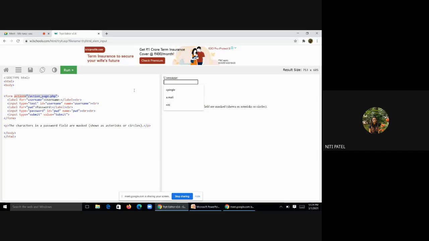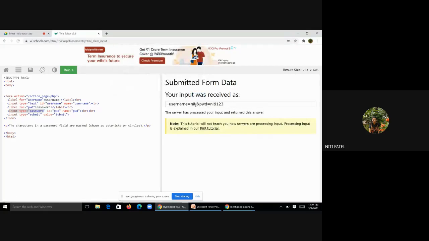Okay. So when I type username as Neeti, now see what is happening when I'm typing password. Okay, Neeti123. Can you see the password? No. Because it is marked as asterisk or circle. This is done by default whenever you use this input type password. Now when I submit, क्या होगा? At that time, I can see the value as password. Username as Neeti, password PWD as 123, whatever I had typed. So this is how you can have a password field in your form. Is it understood?